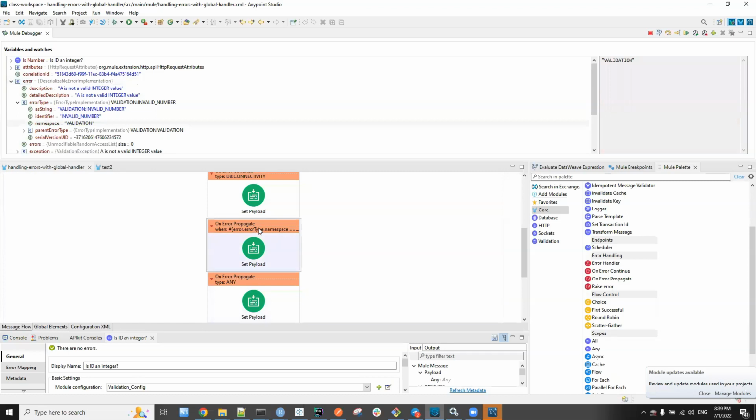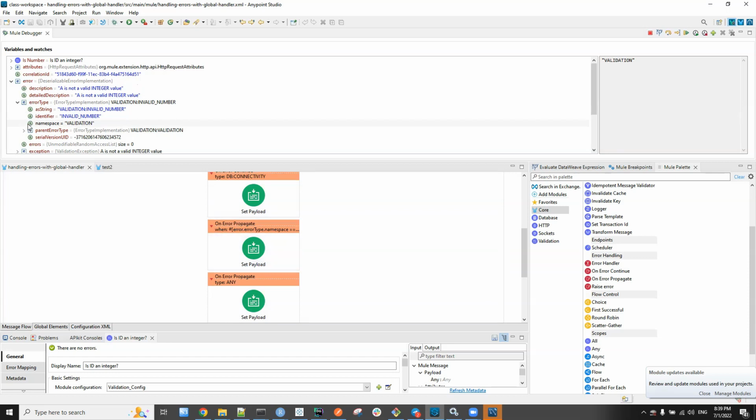So this one, the second one, in this case will be true because it is validation. Or you can also do error type dot identifier double equal sign invalid number. Check if this returns an invalid number, and if that's the case, then this will evaluate to true, so it will be handled by this error handling scope.